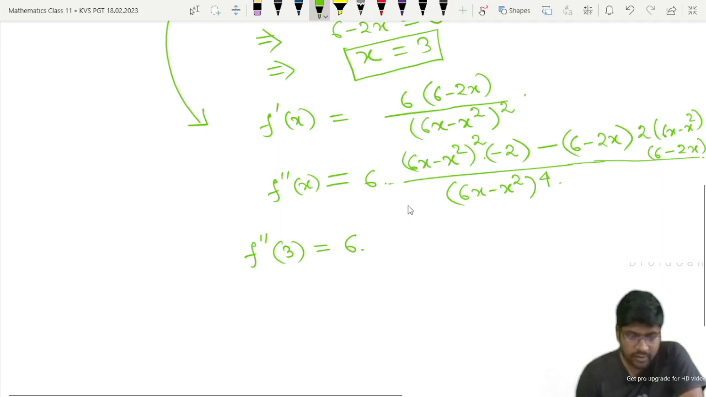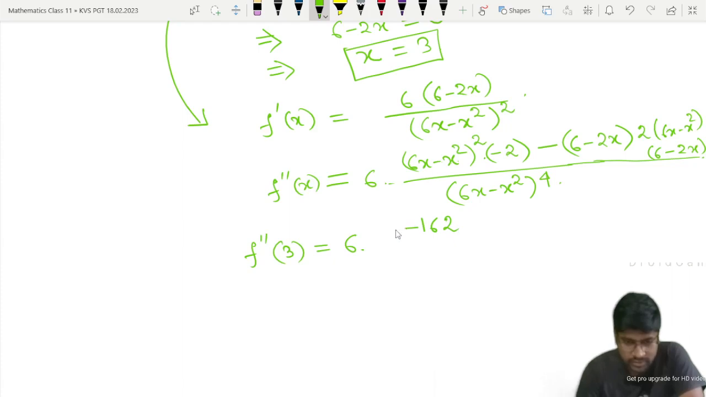So if you put x is equal to 3, see here what we will get: 6 into 3 is 18, 18 minus 9 means 9, 9 square means 81, 81 into minus 2, so minus 162. This will become minus 162. Now if you put x is equal to 3 here, this term will be cancelled totally, it will become 0, because the product is there. So just minus 162 divided by,